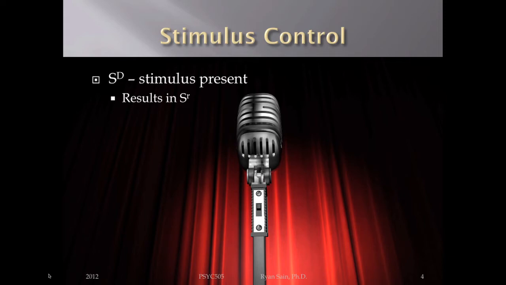So that's the power of the discriminative stimulus: it is a signal. It's like, okay, guess what? Now that this signal is here, you can engage in behavior X, and you'll get a reinforcer for it. That's how it works. So the SD is literally just a signal to say, if you behave now, you're going to get a reinforcer. We call that stimulus control. It takes a while to develop stimulus control, by the way. It's not something that's instant. It's not one-trial learning. It's dozens of trials or lots of experiences.